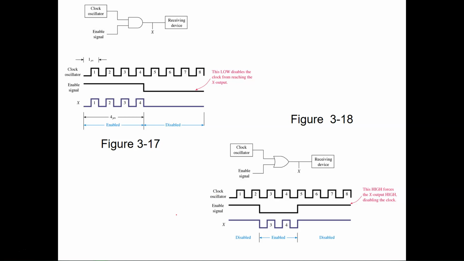So the example that's trying to be given here is that you have a clock oscillator for only 4 pulses to leave to some receiving device. You want to enable 4 clock pulses to be transmitted and then disable the transmission. So here we have 4 clock pulses that are enabled, and then we disable the other one